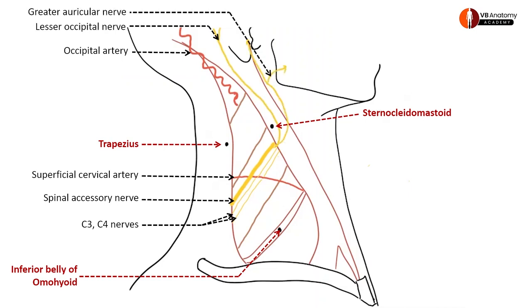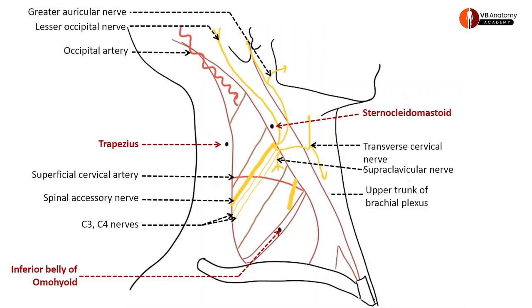Greater auricular. Who crosses the sternocleidomastoid and supplies the anterior part of the neck? Transverse cervical. And who goes towards the clavicle dividing into three? Supraclavicular. What you also see is the dorsal scapular nerve and upper trunk of brachial plexus. Okay, so draw those. Finally, the last two lymph nodes, a couple of lymph nodes lying in the occipital region